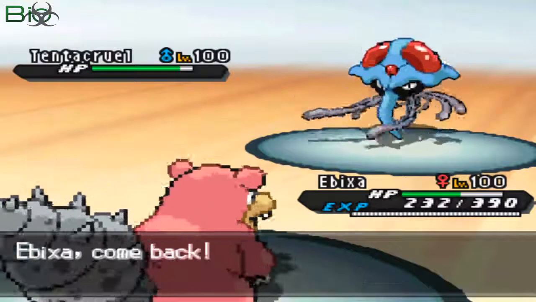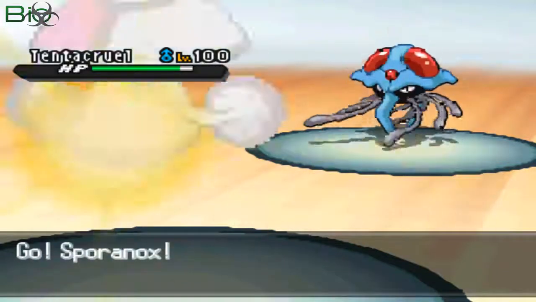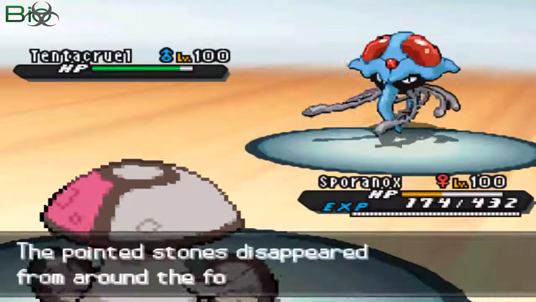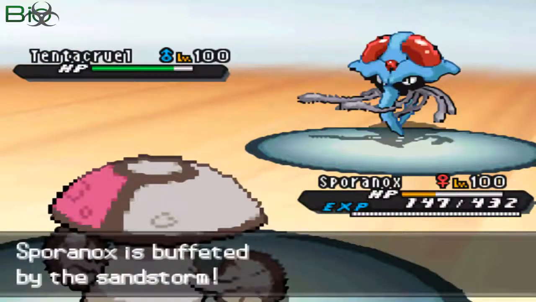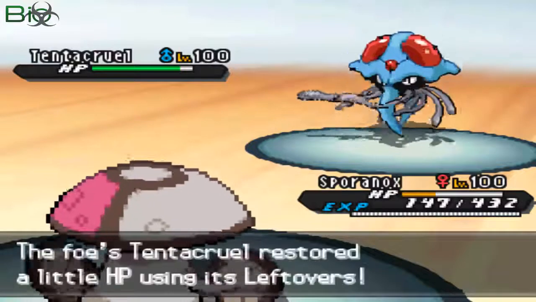Tentacruel is probably gonna Rapid Spin my Stealth Rocks away. But I'm just gonna switch out into my Amoonguss right now, knowing that if I'm able to switch him out, I'm gonna get some hit points back due to Regenerator, and I'm gonna lose my Stealth Rocks anyway. So the only thing I can do is set them up later on in the game,